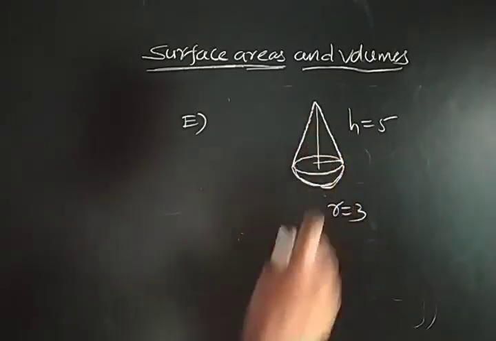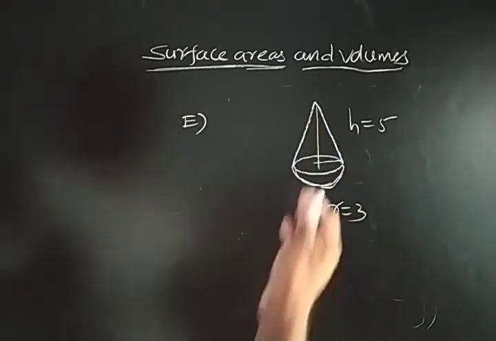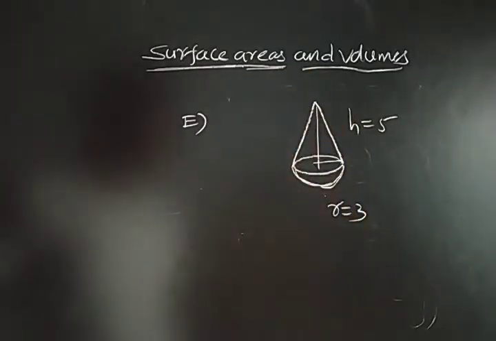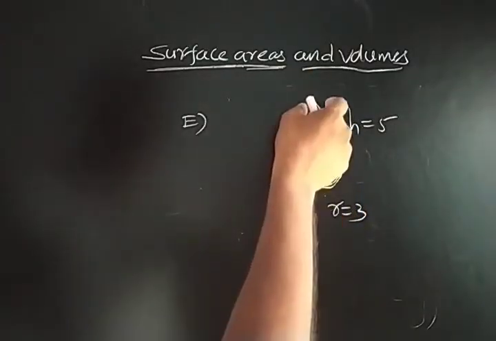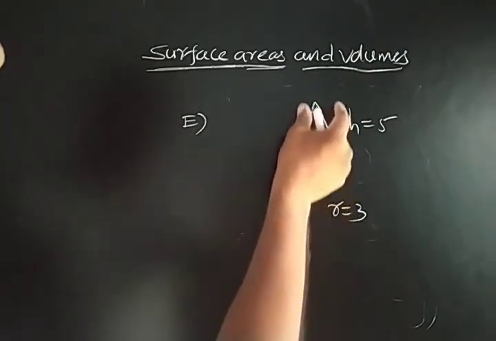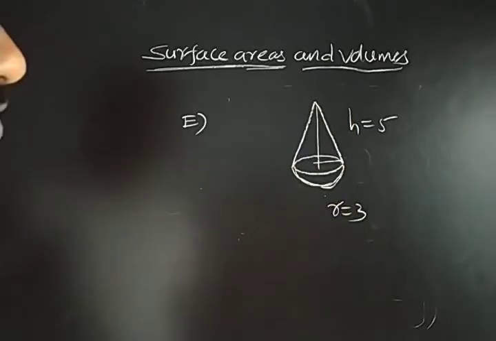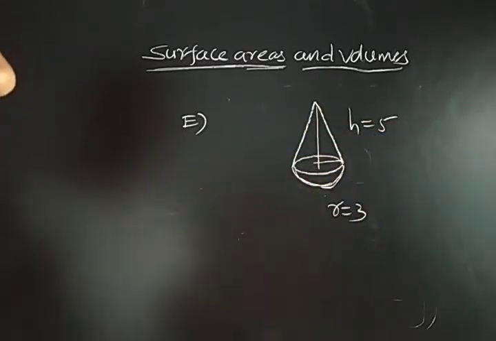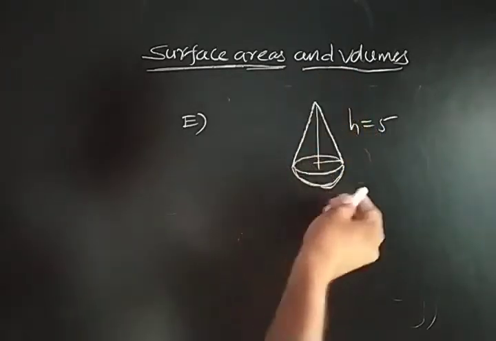Here I am using combined solids. In the first exercise we are going to find the total surface areas of the combined solids. So here in the bottom we have a hemisphere. It is surmounted by the cone, whose height is h equal to 5, and the base is common for both. Now I am going to find the total surface area of this figure.